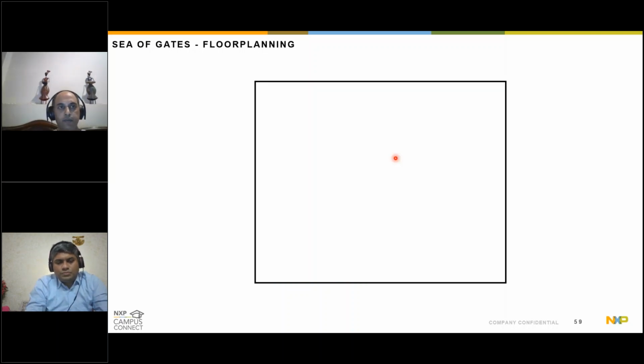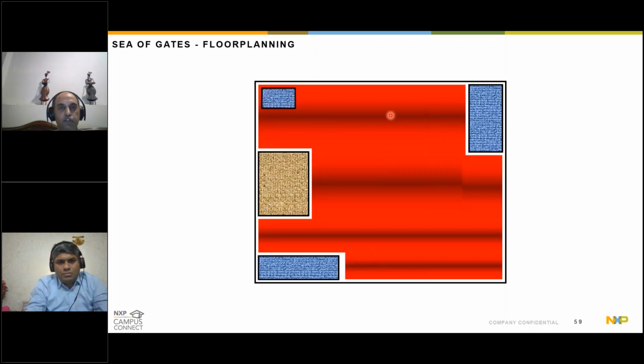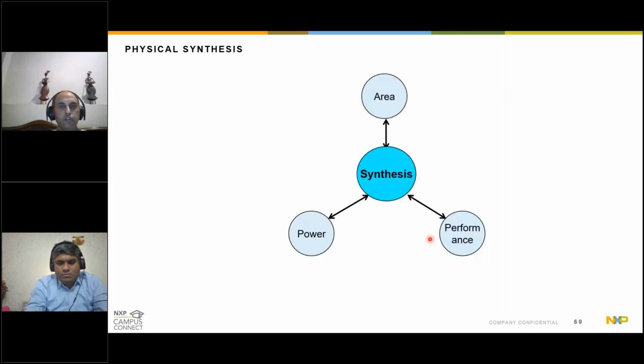At the same time, you might be doing some other designs which are smaller, and you don't want to incur the penalty and complexity of hierarchical design. So you may have a very flat approach where you have some hard macros, which are the analog blocks, let's say some PLLs or ADCs or IOs, but beyond that, you are implementing the remaining chip as a flat sea of gates. Okay. So once you have the floor plan, next what you do is physical synthesis.